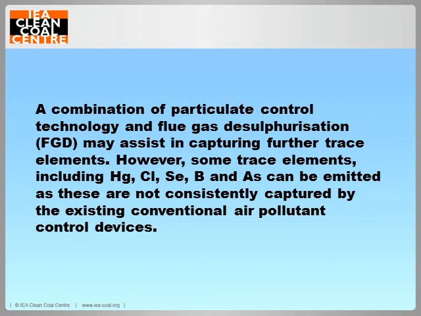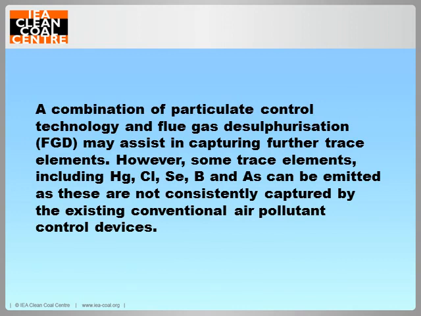However, some trace elements, including mercury, chlorine, selenium, boron, and arsenic, can still be emitted, as these are not consistently captured by the existing conventional air pollution control device. For example, arsenic flows in the environment in the EU were the subject of a study in 2007. Following investigative work at 2 coal-fired power plants firing approximately 60 tons per hour pulverized bituminous coal, it was found that about 94% mass of the arsenic in coal was captured in the ESP and about 6% in the spray-dry